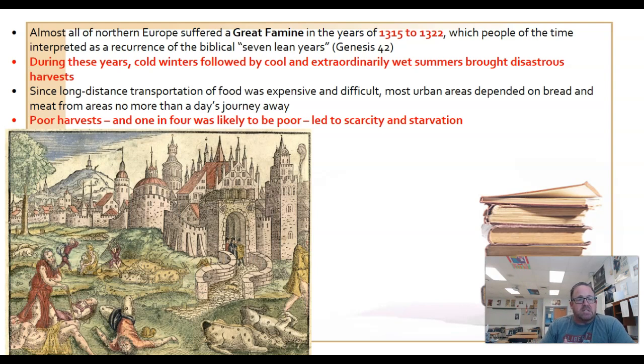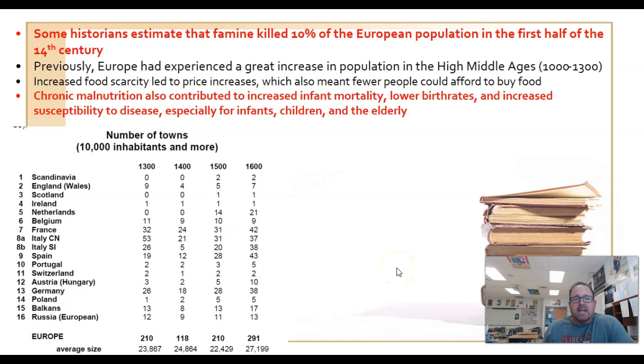And why are they catching these diseases? Well, they don't have very good medical care back then. They have bad sanitation, bad hygiene. All of that's true, but the point is, their immune systems are weak because they're hungry, they're half starved. All right, and so if the starvation or the famine didn't get them, then these diseases would. So that's not good. And they say that during this time period, the Great Famine, about 10% of Europe's